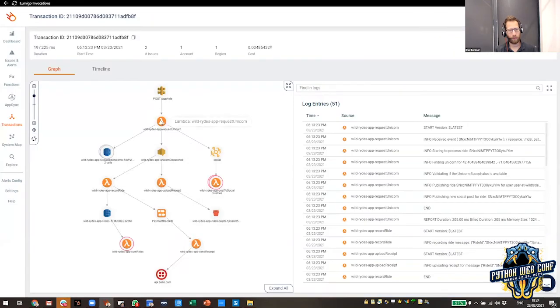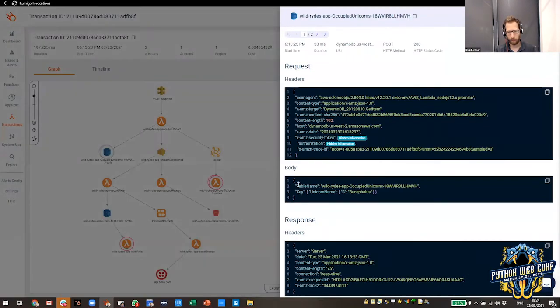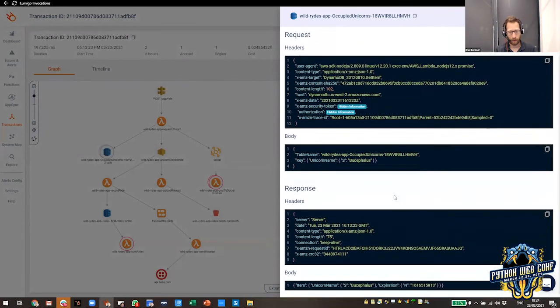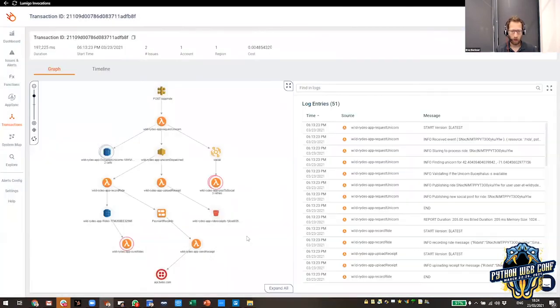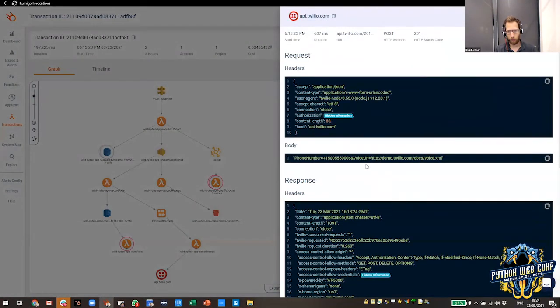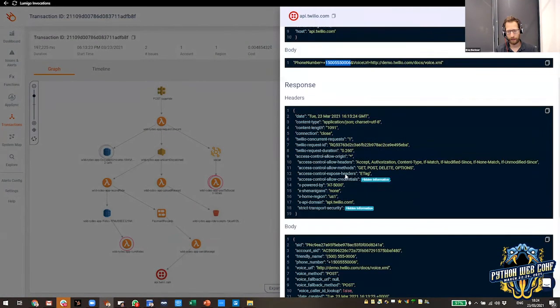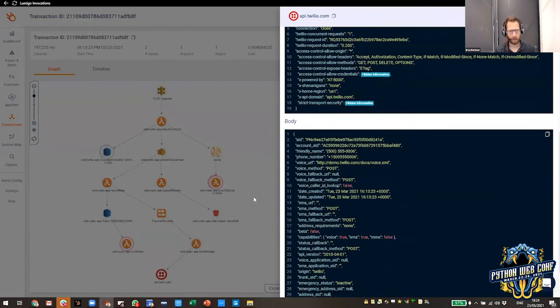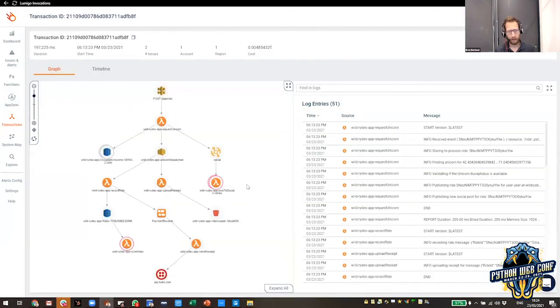So basically, going to every service, whether it's the databases like DynamoDB, where you can see the actual query and the results, or external services like Twilio, where you send SMS, you can actually understand what's happening over here. So this is the essence of how you can start debugging, while having on the right-hand side, in parallel, all the logs, 51 logs that are specific to this transaction across all the services.